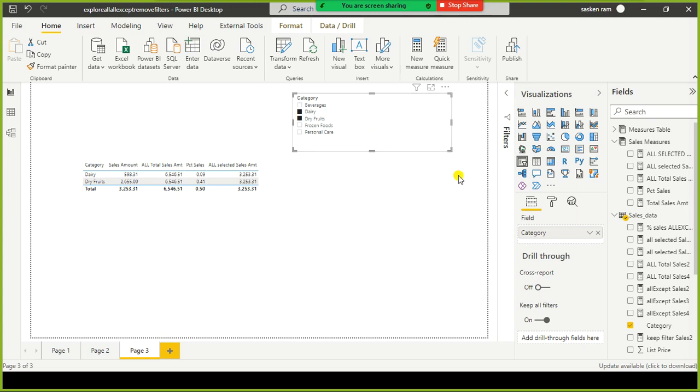So the total sales value for these visible categories only is repeated. The ALL total is the overall total sales, including unselected and selected categories, whereas here the total reflects only the two categories that we selected. There are situations where you want to understand the percentage of revenue contributed by these two categories.